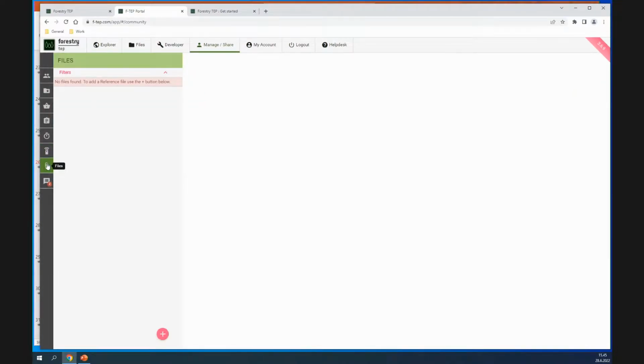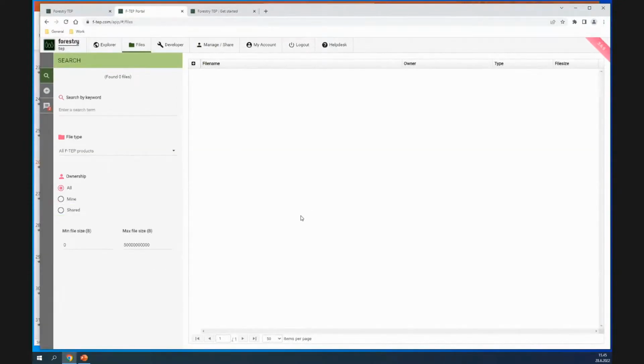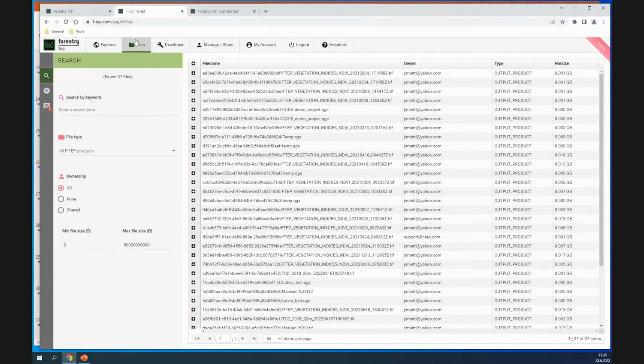And finally, there is also a files tab where you could see your own files, what you have. But in fact, we have nowadays a better file interface, which is this. It's called Files. It's one of the tabs at the top.